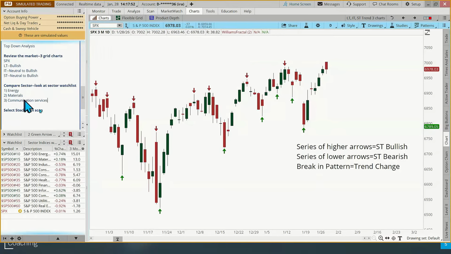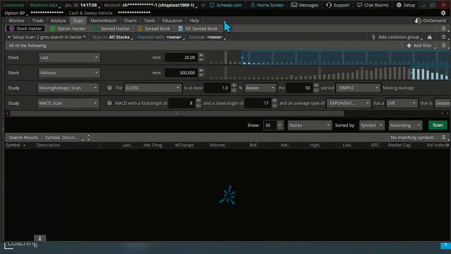Now, we've done this a couple times, but because this scan has a study component to it, I'm using the live version of our demo account. That's the only place that these study filters work. If you tried to load this study set into your paper money, you'd get an error message. It doesn't work. So it has to be in the live version of your Thinkorswim, and you can run the scan there, save the watch list, and then share the watch list with yourself. And then you could add that watch list to your paper money.